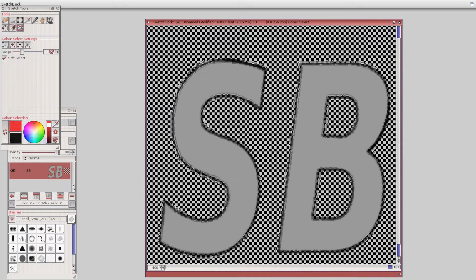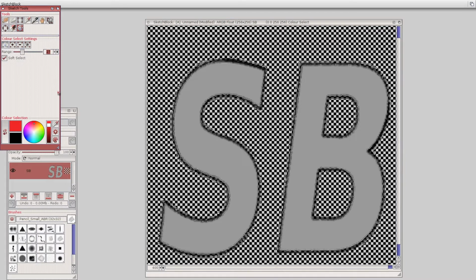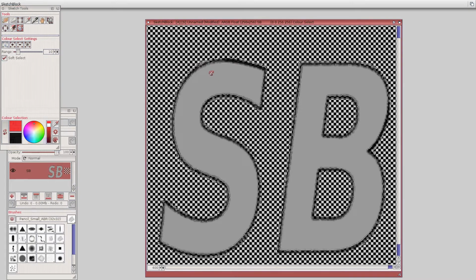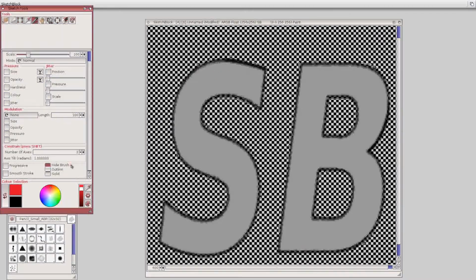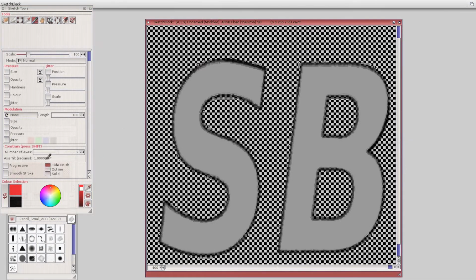I'm actually going to make that a little bit less, because it's selecting some stuff outside the area I want, so I'll make it near a 10, and then I'll repeat the selection, and you get a slightly tighter selection now. Now back to the paint tool, I'm going to use the constrain function